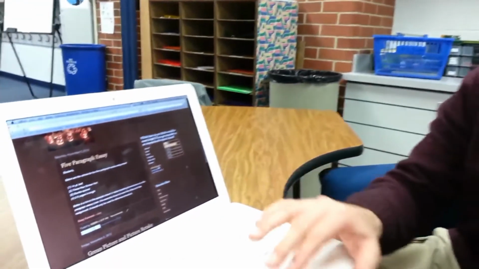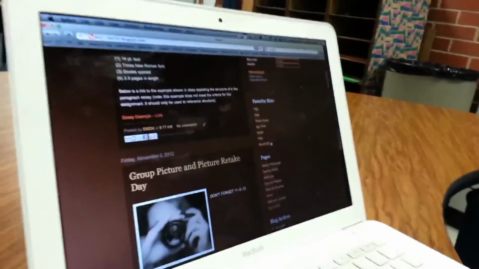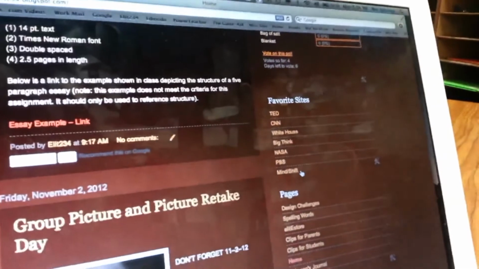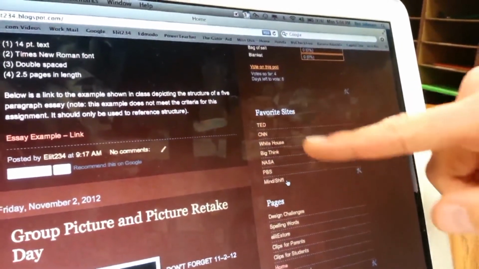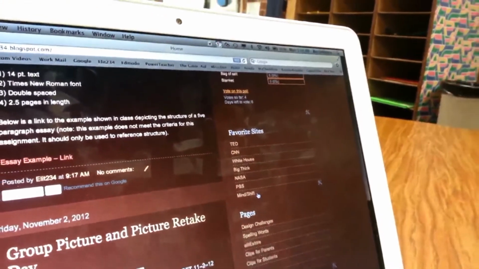Another thing, if you want to see here, these are my favorite websites, and I let the students have a little glimpse into my life, what I like. So here's TED, CNN, the White House, I have Big Think, NASA, PBS, Mindshift. And so the students who are excelling and they're not bogged down by any homework or anything like that, and they want to have some sort of enrichment, maybe they want to go on to Big Think and read an article. There's so much more I could talk about, but